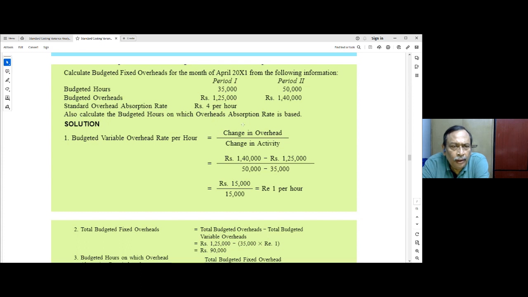Okay. So what is our question? Calculate budgeted fixed overhead for the month of April and also calculate the budgeted hours on which overhead absorption rate is based. So standard overhead absorption rate, rupees 4 per hour, is already given. Now,